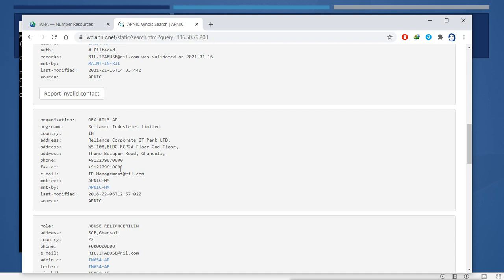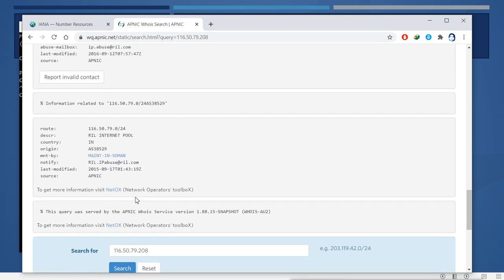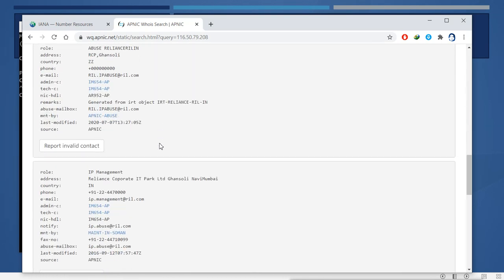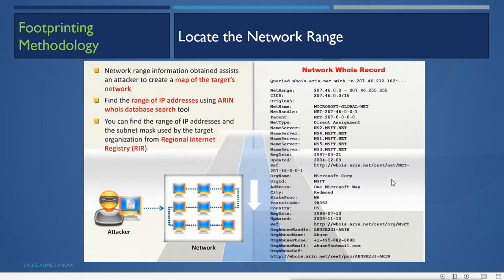The phone number and email address are also showing there. You will also get the subnet information: they have this 116.50.17.0/24 subnet. This is how we can get the range of the organizations, and that is very important for us.